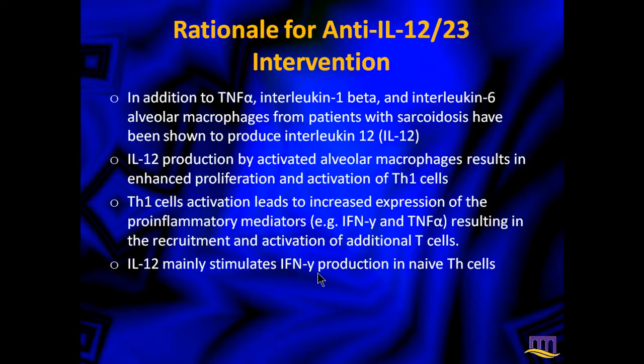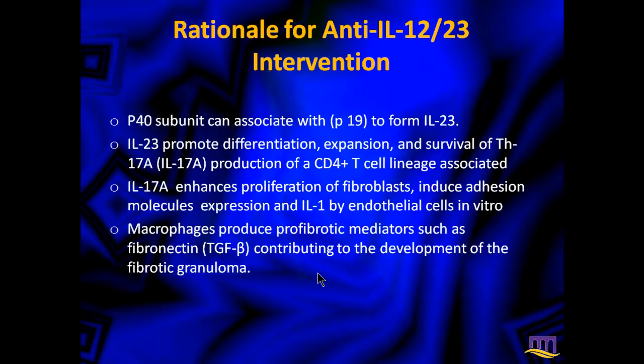As I was mentioning, Th1 cells proliferate with IL-12, increasing the interferon and TNF secretion. I think I mentioned this. IL-23 promotes differentiation and expansion of Th17 and IL-17A. So this is a different CD4 T cell lineage and has been involved in a newly understood mechanism of immunity. And this is the mechanism by which the sarcoidosis fibrous capsule and the scarring that you can see in sarcoid patients